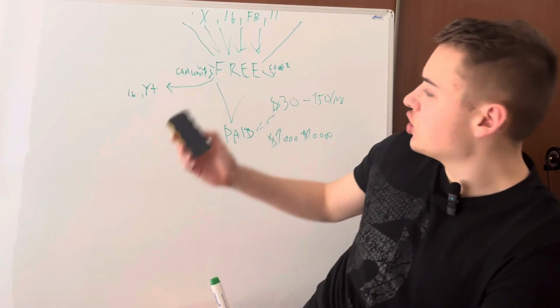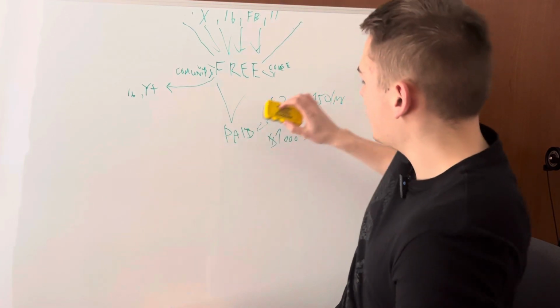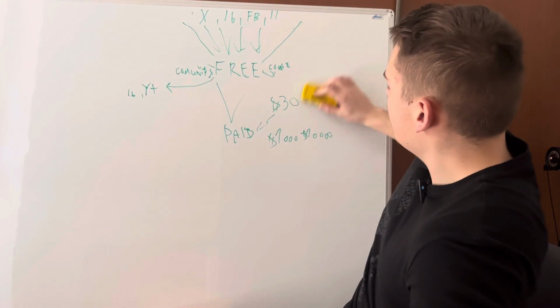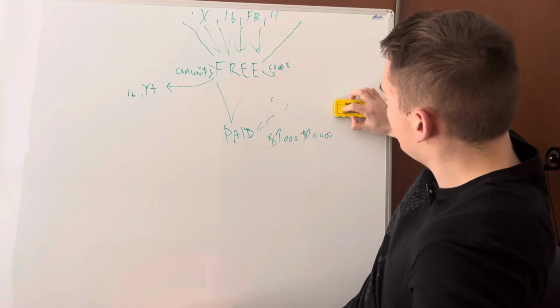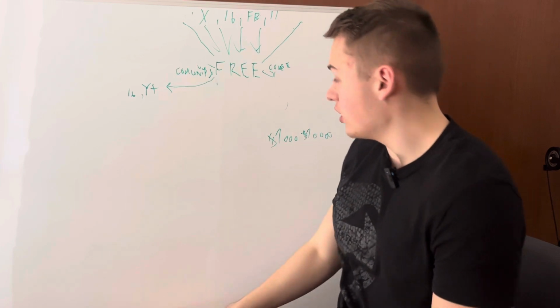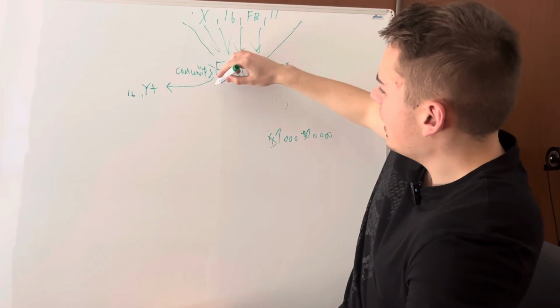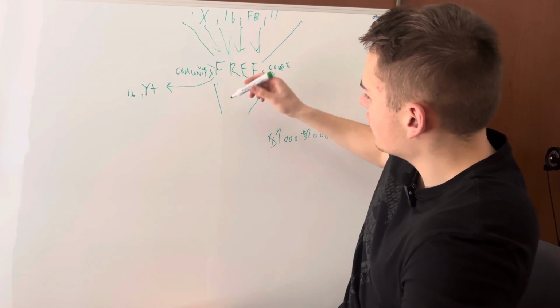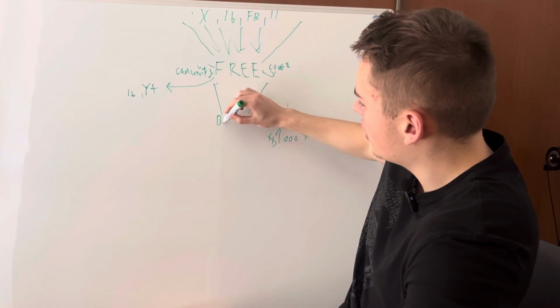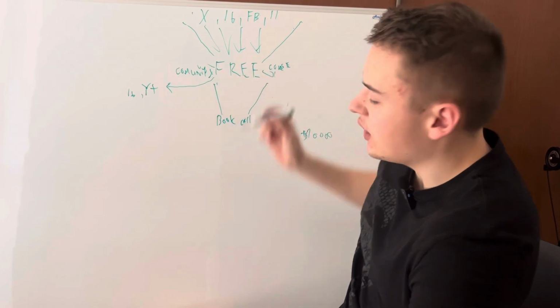So usually, as I said, if you have the free community and the paid community, you just pay a monthly fee. But in this case, what's happening right here is that it isn't that simple. You go from the free community, and those people who actually want more value will book a call. So here, book call, and we have the calendar link everywhere.